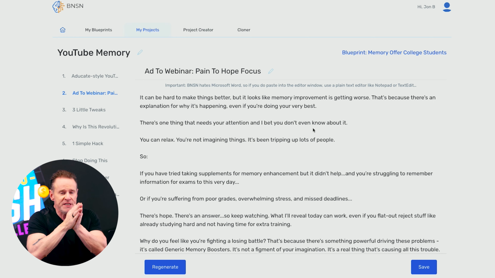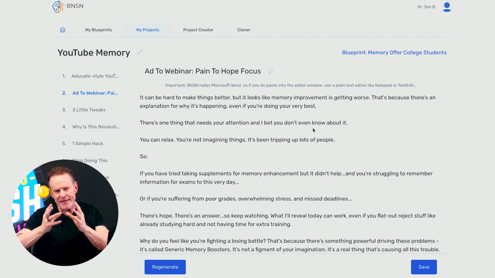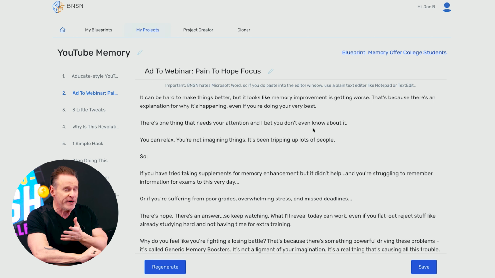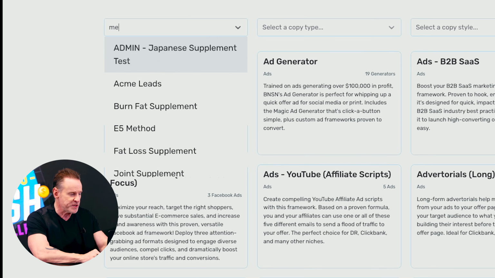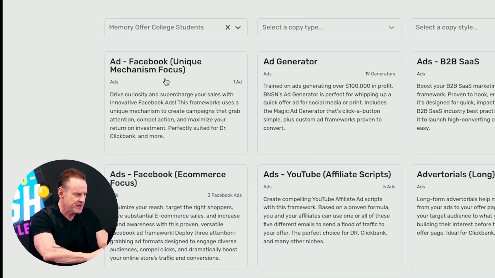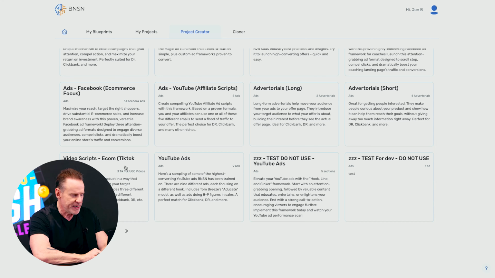That's UGC ads. Now UGC is the user is basically doing, hey, I'm talking into my phone, I'm going to show you something kind of cool. It feels really natural, so those scripts are really different. Well, we've trained Benson on UGC because they're some of the most popular ad mechanisms or frameworks in existence right now. So I'll go over here to the memory again for college students, select ads,